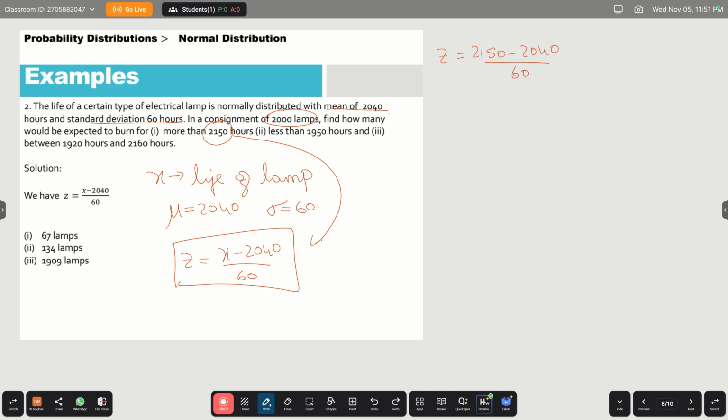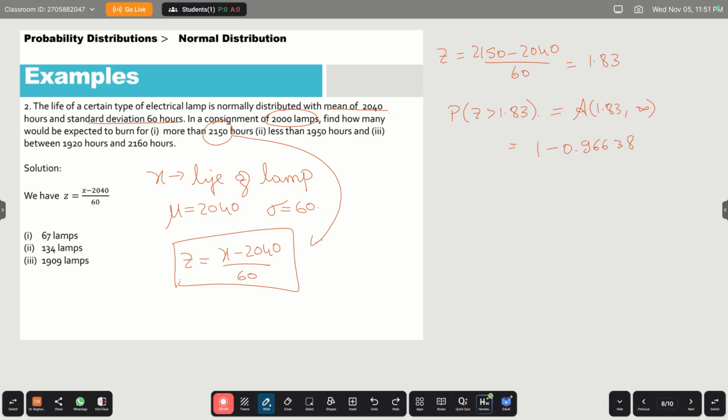So if you calculate this, it's going to be approximately 1.83. So the first probability is more than 2150, so our Z should be more than 1.83. Z more than 1.83 means area from 1.83 onwards, 1.83 to infinity. As we have already discussed, whenever you want more than some value, you just have to subtract that area from 1. So 1 minus area of 1.83 is approximately